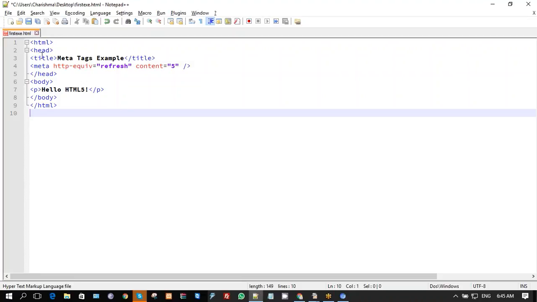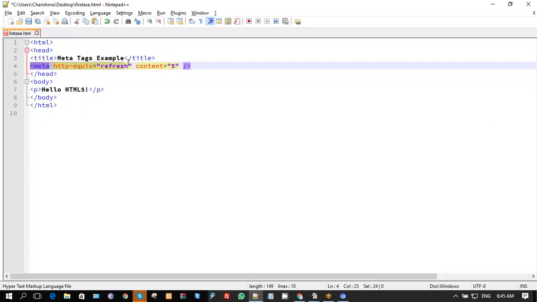Have a look at this code, how to write this. As I told you before, the meta tags are header tags. So we are going to write this code in the head part, not in the body part. So here we are saying meta http-equiv equal to refresh and content is 5 seconds. So the target is to reload this web page every 5 seconds. Let us save this